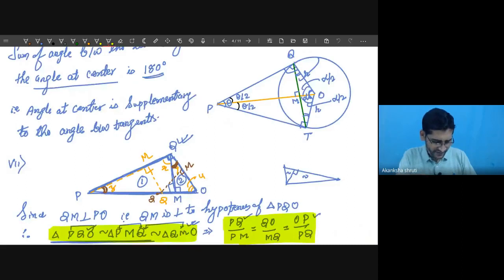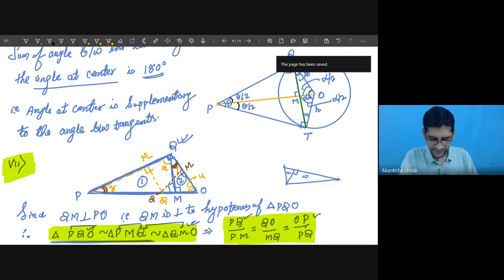Regarding this 7, you are advised to go through the similar triangles, how these two triangles become similar and how we are writing the ratio, because tomorrow we will solve questions based on this concept also. Something will be given, something will be missing, we will directly write the ratio and quickly calculate it. Even this can be calculated by the Pythagoras theorem also, but that is too lengthy. So we prefer writing the ratios.